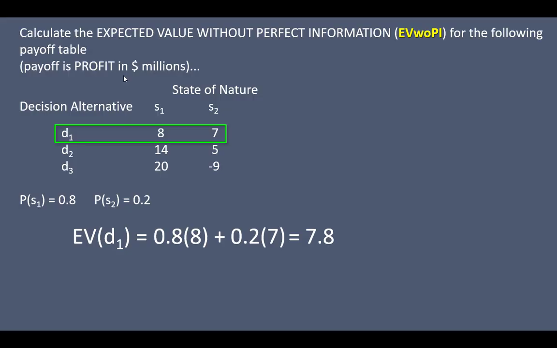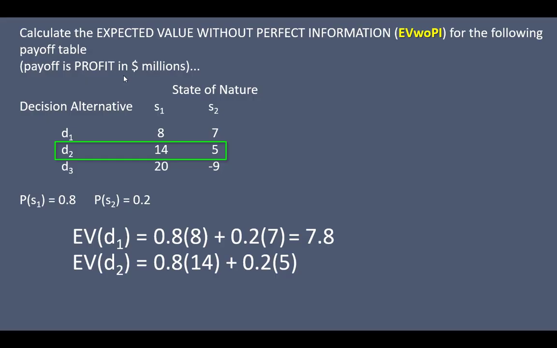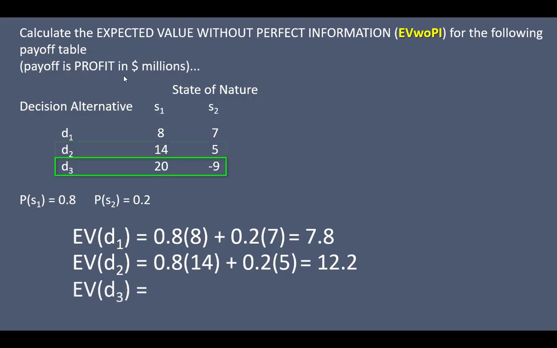So for D2 and D3 for this scenario, D2 in exactly the same way, 0.8 times 14 plus 0.2 times 5. Finish that off, and we end up with an expected value of 12.2 million. And doing it for our last decision alternative, D3, dealing with our multiplication and addition, ending up with an expected value of 14.2 million. Now that we've calculated the expected value for each and every decision alternative, what we need